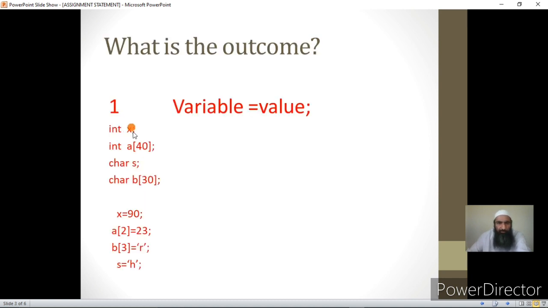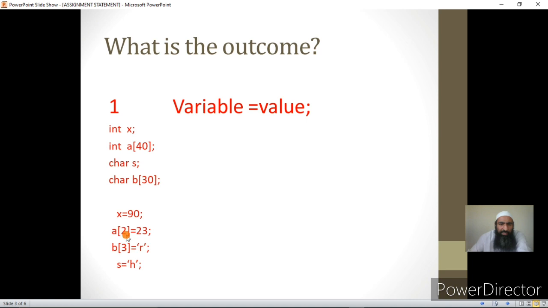Now let us take an example of the first form, when we have variable equal to value. Say I declare a variable x, or I declare an integer array of 40 elements, or I declare a character variable s, or I declare a character array of 30 elements. Now I can say x is equal to 90. This is of the form variable equal to value.